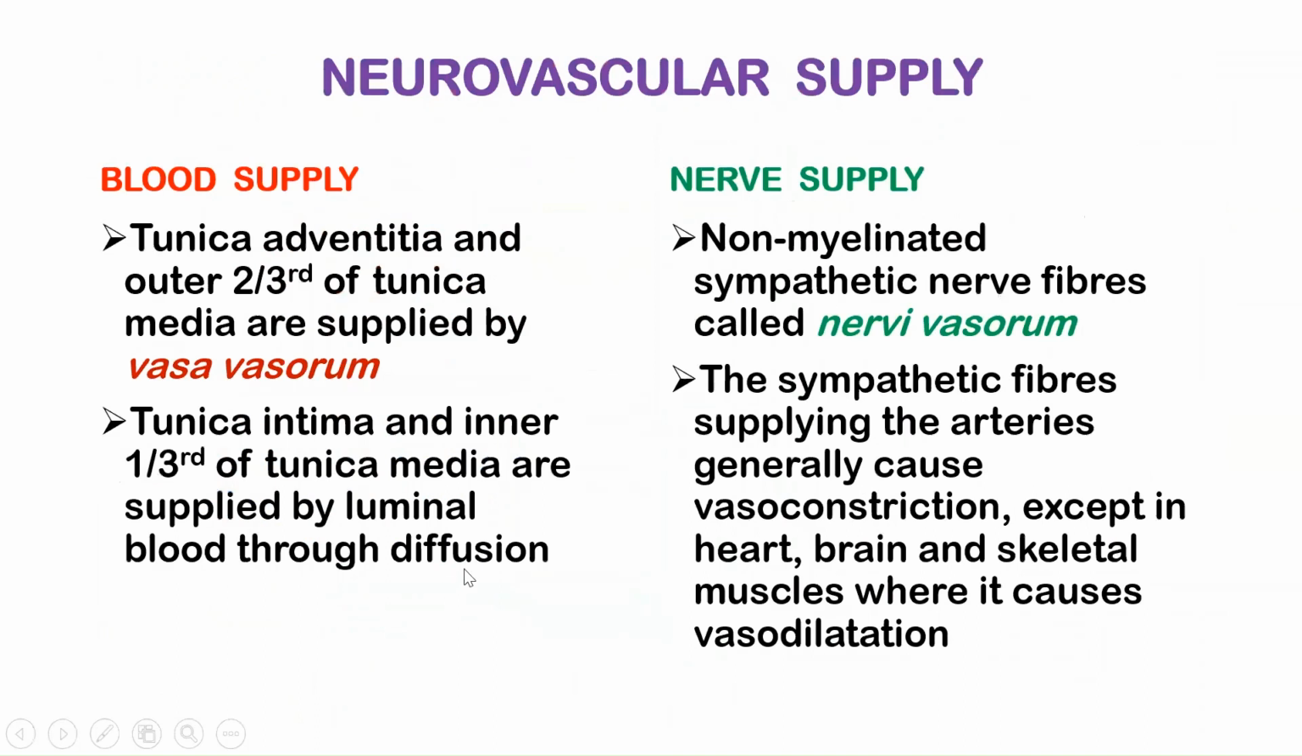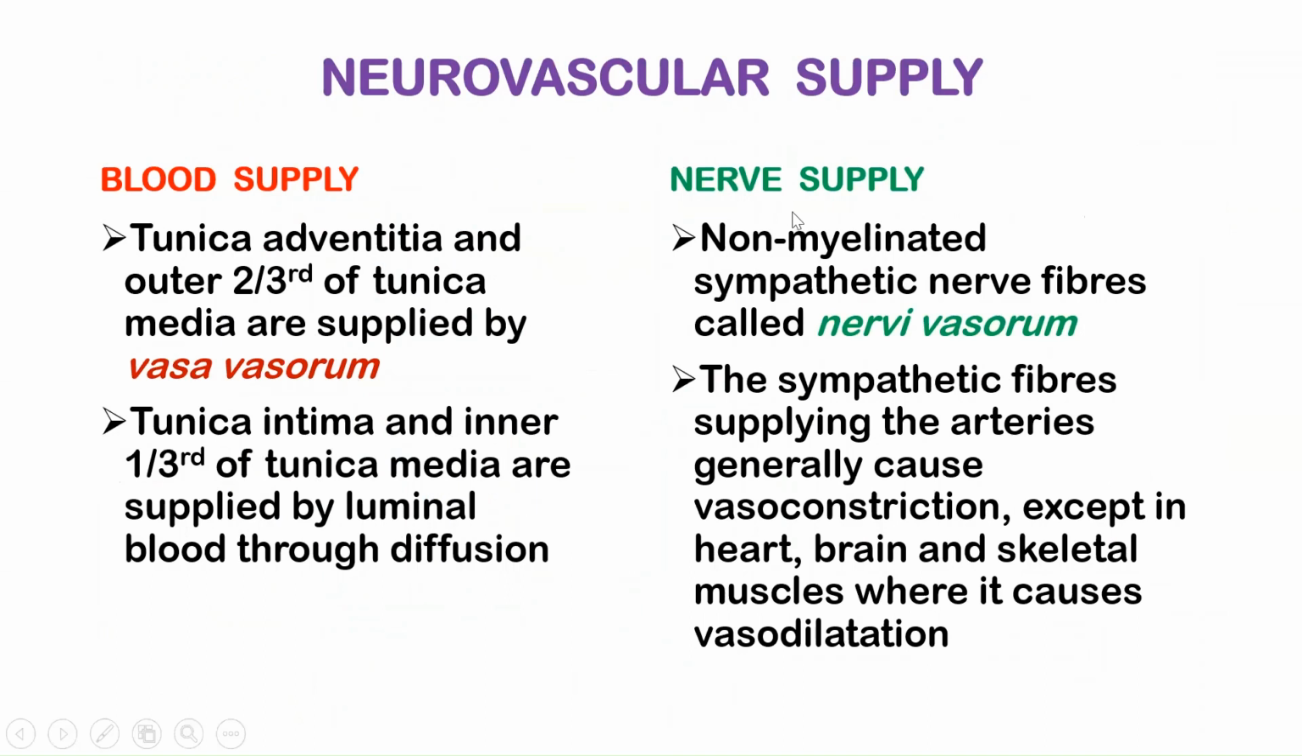Now, new vascular supply. The blood vessels themselves need blood supply. So the tunica adventitia and the outer 2/3 of the tunica media are supplied by the vasa vasorum. These are blood vessels supplying the blood vessels themselves. And the tunica intima and the inner 1/3 of the tunica media are supplied by the blood in the lumen